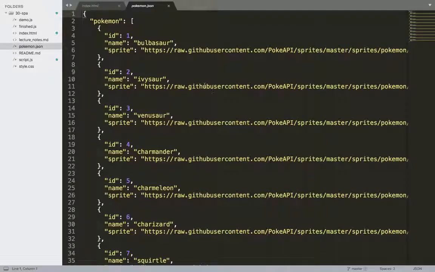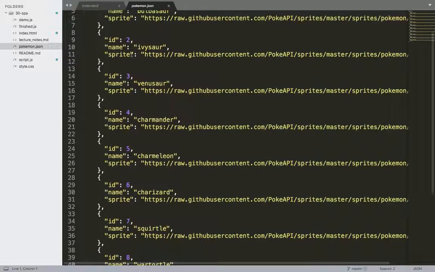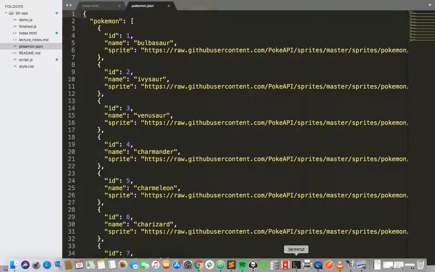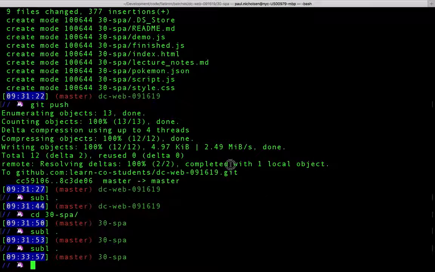But a bunch of Pokemon, and a sprite image, their name, and an ID. So this is just a regular, simple JSON file. We have a library called JSON server. That's going to enable us to mock up a fake server. So if I do JSON server and tell it to watch a JSON file,